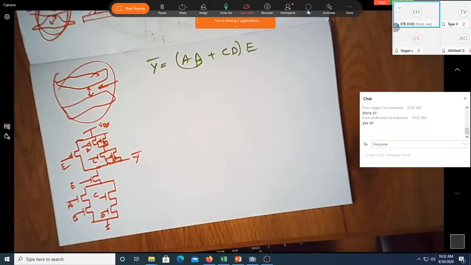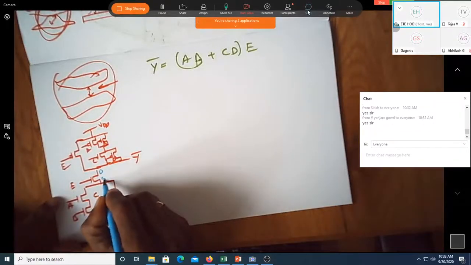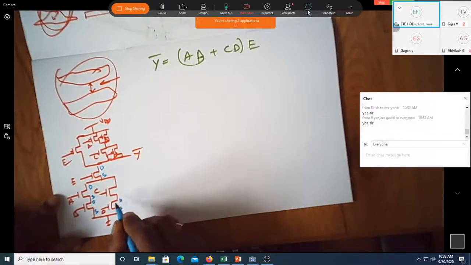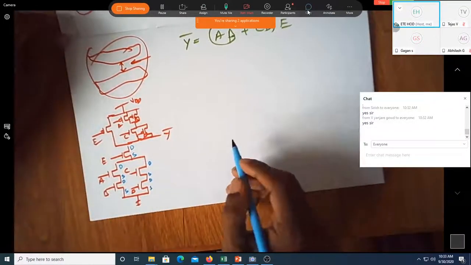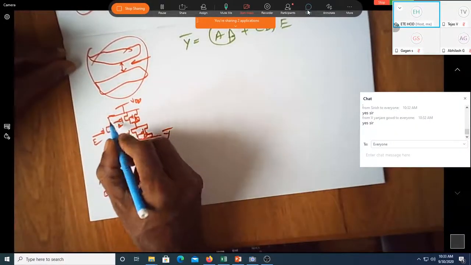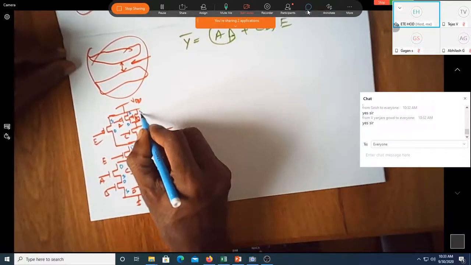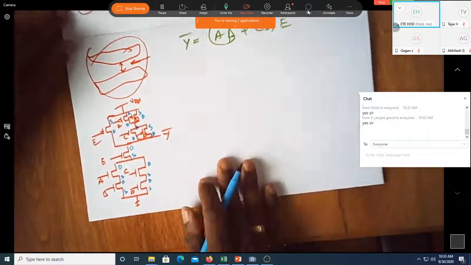Before we start drawing the layout, shall we identify which is source and drain for each of the transistors? Shall we do it? So this is drain, source, drain, source, drain, source, source, drain, source, drain. Am I correct? Yes, sir. Because always the source of your NMOS is at the bottom. So exactly the opposite here. Source, drain, source, drain, source, drain. This is source, drain, source, drain. Done?